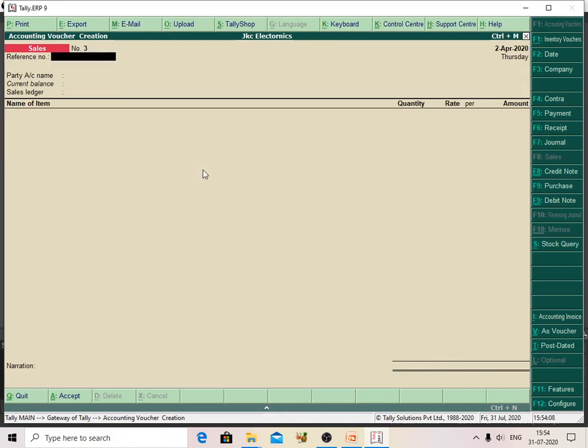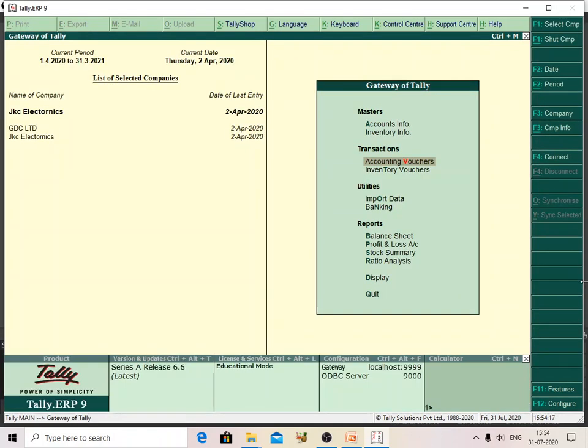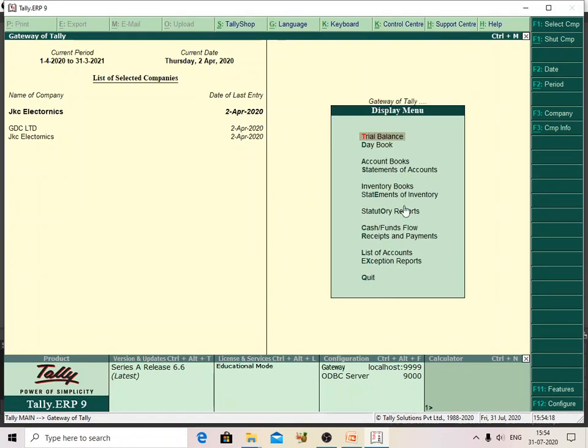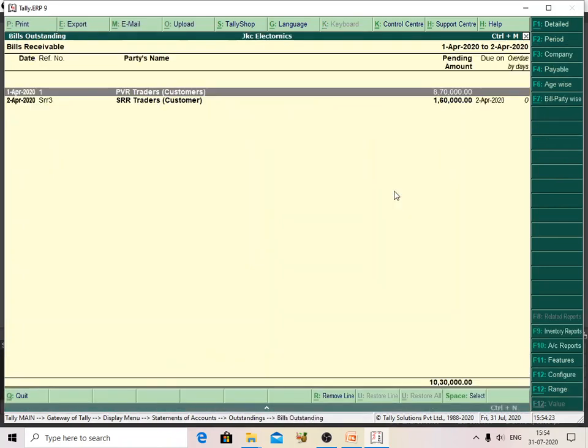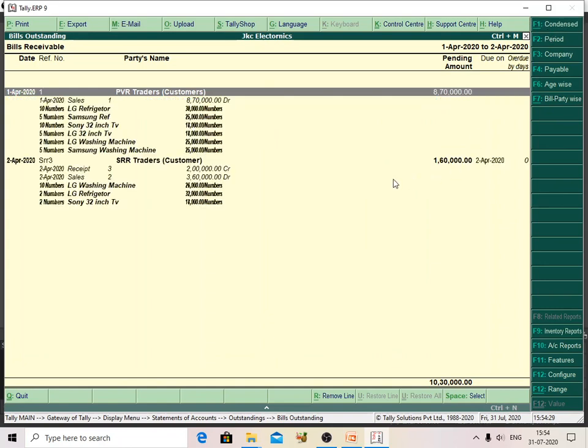like this. So after this, if we go for selecting the sales, it will appear like this. Okay. So I will go to display statement of invoice, here accounts receivables, like this. The SR Traders amount is this much. So actually the bill amount is 3,60,000, and earlier we received as advance 2 lakhs rupees. So the pending amount is 1,60,000 only.